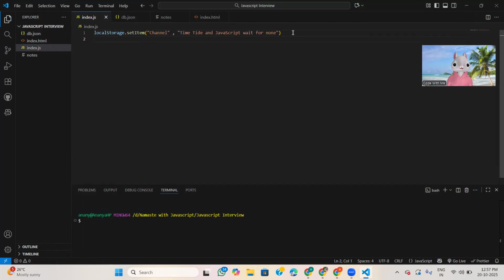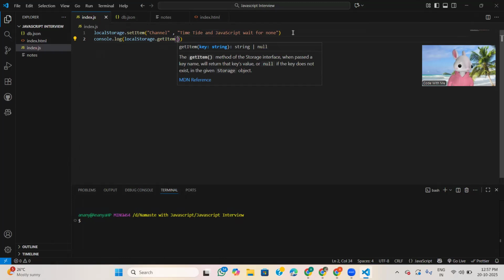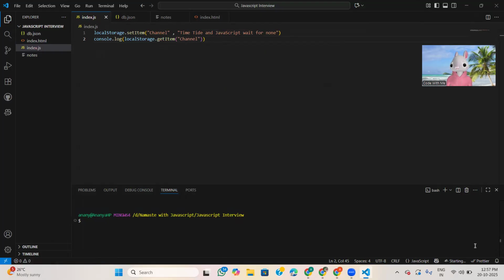Okay, so this is the way to write that. Now if I write console.log localStorage.getItem, and here we write channel. Now run this code.